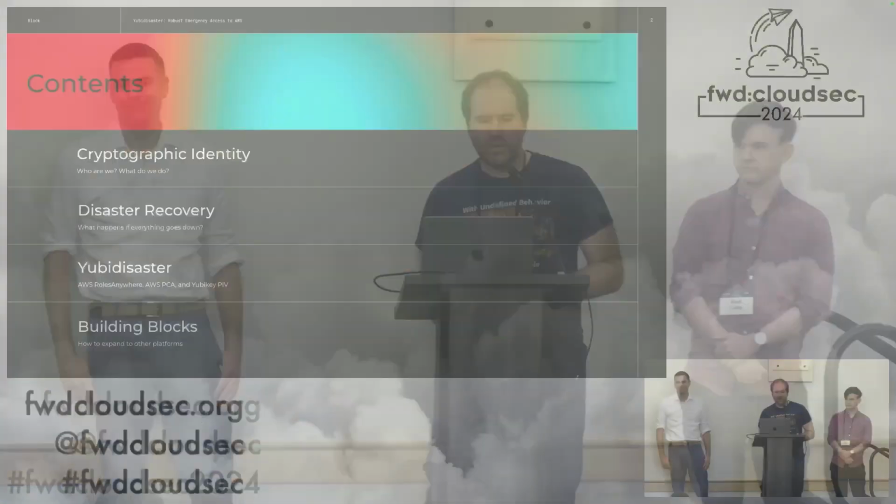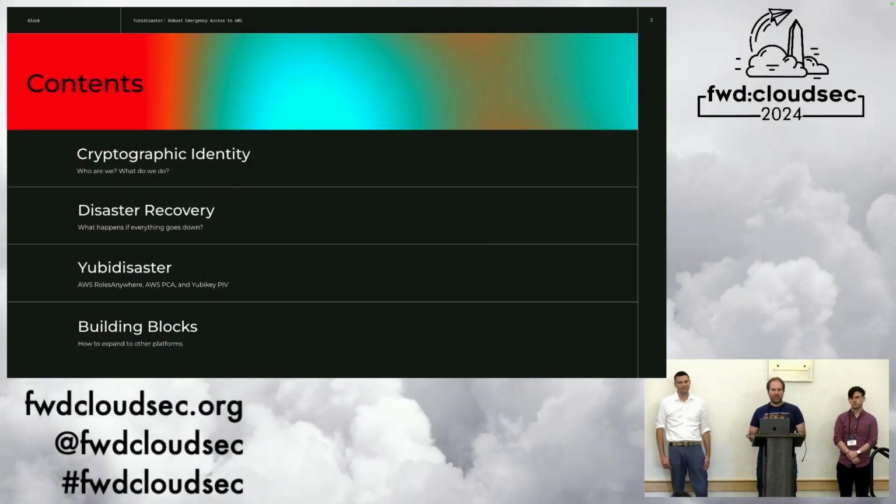Hi, everyone. Thanks for coming. My name is Matt Jones. With me, I have Greg Kerr and Brett Caley. We're from Block's infrastructure security team, and today we're going to share about how we built robust emergency access to AWS. So we're going to go over disaster recovery, the motivation for this work and the